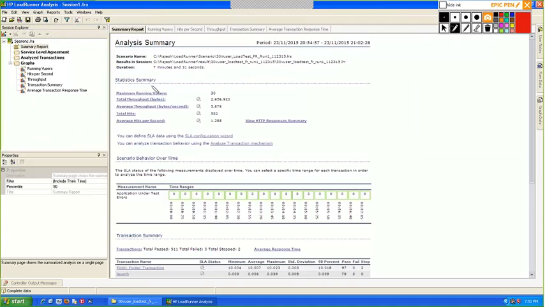This gives you the maximum number of users. We ran the test with 30 users. That's why it's showing 30. The next is throughput.